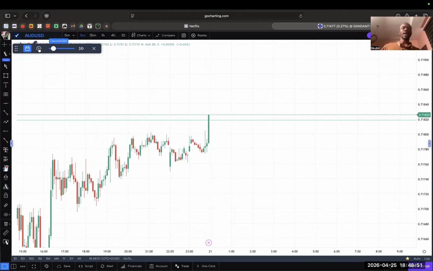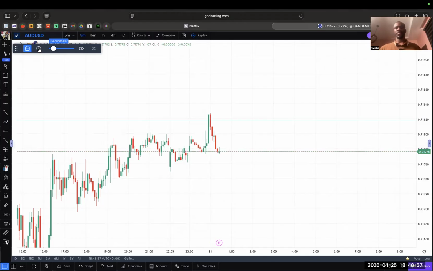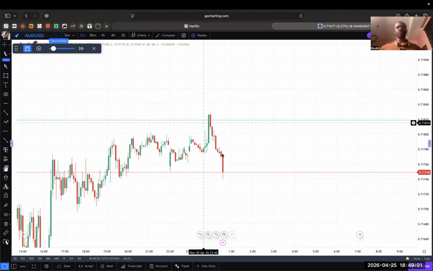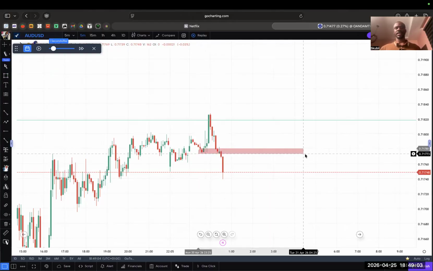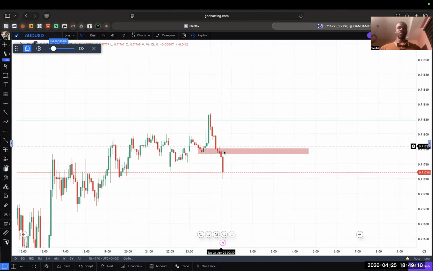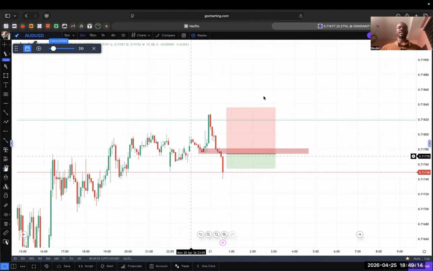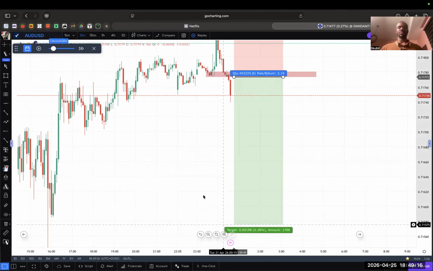Price tapped. So what I was looking for in this case was a shift in market structure to the downside. So let's see if we actually got it. Yeah, at this point, we actually got it. Price broke this low to the downside. In this case, I was looking at price coming back to tap that level and then sell for something like this. So entry here, stop loss a few pips above here, and then target was basically the 1 hour low, which was somewhere down here.